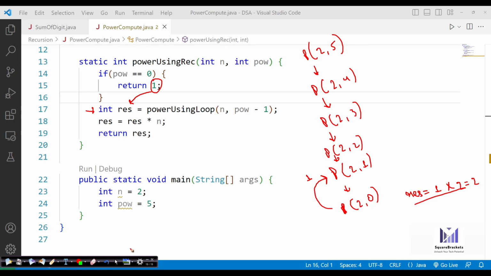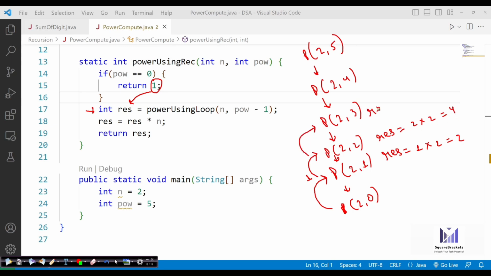If you want, I can write down: result equals 1 into 2 becomes 2. So first 1 was returned, now 2 is returned. So 2 is returned to this and result becomes 2 into 2, that becomes 4. So 4 will be returned to this. Result will become 4 into 2, that becomes 8. Now 8 is returned to this.